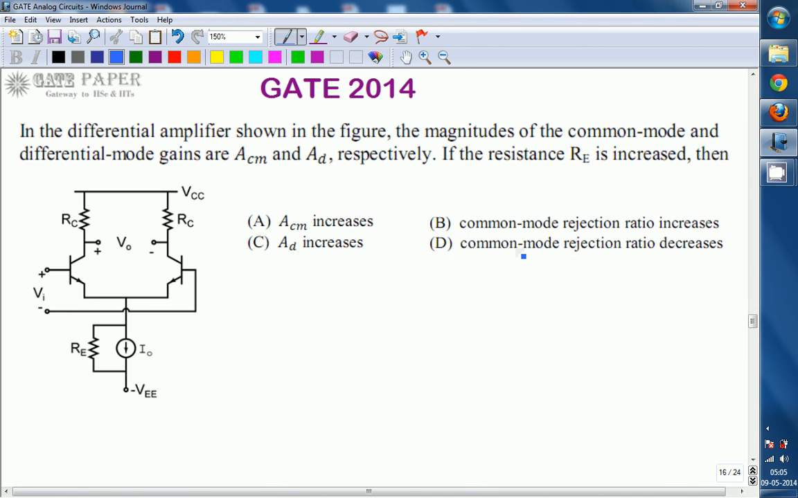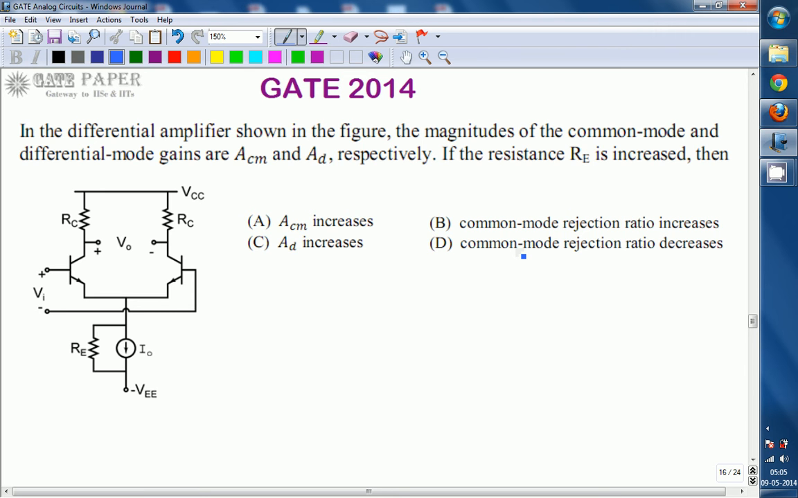Hello, we are discussing the GATE 2014 ECE paper, and the topic is related to analog circuits. In the differential amplifier shown in the figure, the magnitudes of common mode and differential mode gains are ACM and AD respectively. If the resistance RE is increased, then A. ACM increases,